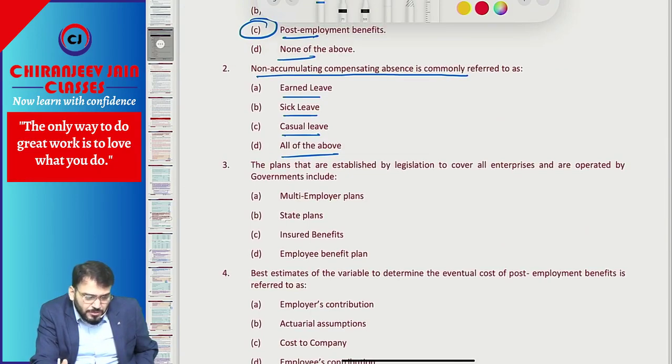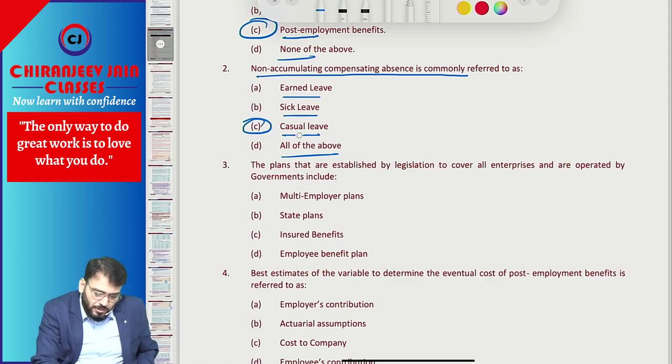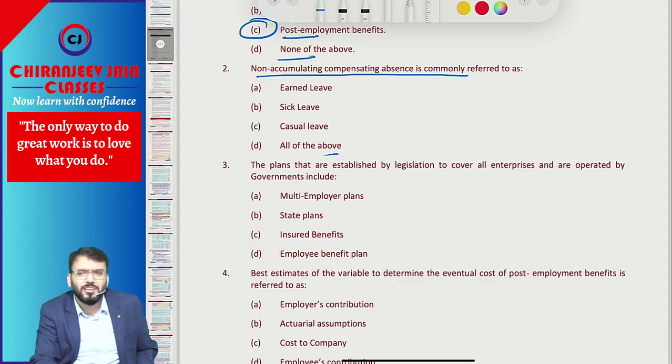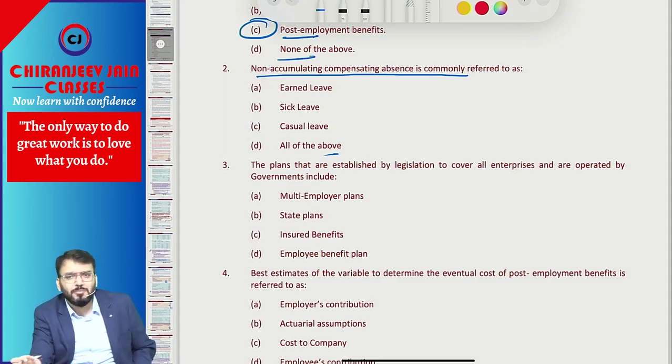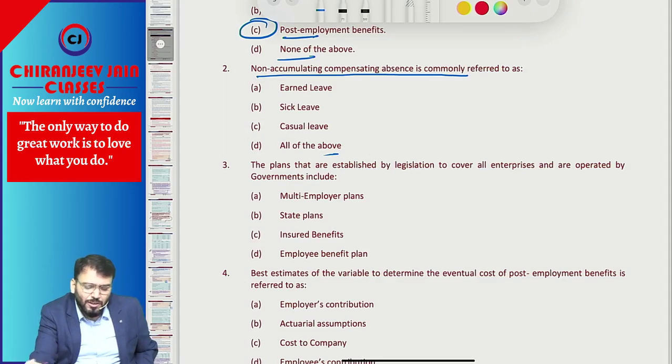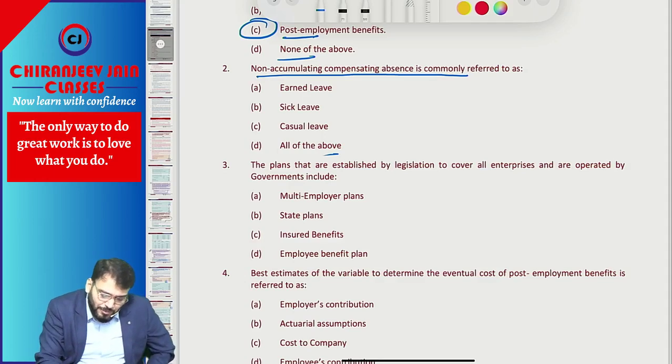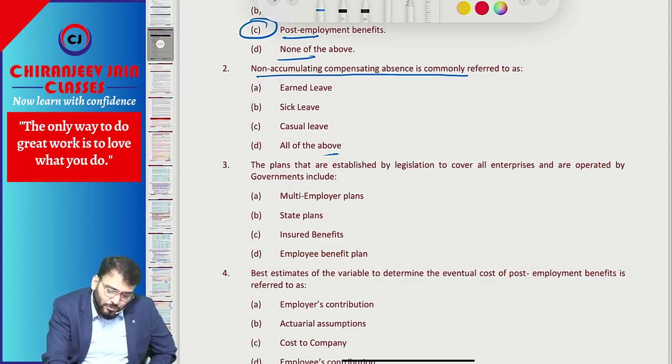Non-accumulating compensated absence. Just memorize it. Bakwaas question. Casual leave, because these are based on management policy. You can't say always. Casual leave can also be carried forward, or it can be not carried forward, depending upon management policy. But memorize this: casual leave will always be non-accumulating, and these two will be accumulating. Correct. Now, some you need to do smart work. Non, and these two are